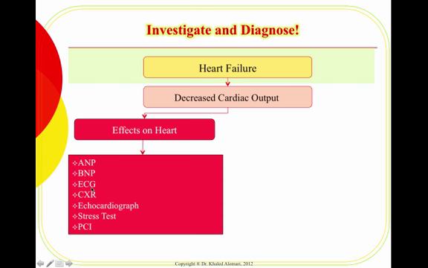In ECG, again, we may see some changes. ECG, as you know, basically detects the electrical activity of the heart. So changes in the heart shape and changes in the contractility as a result of the weakness of the heart will also show some differences or some changes on the ECG. We can see the structure of the heart on chest x-ray. So if there's cardiomegaly, if the heart becomes larger than normal because of hypertrophy, we can also see